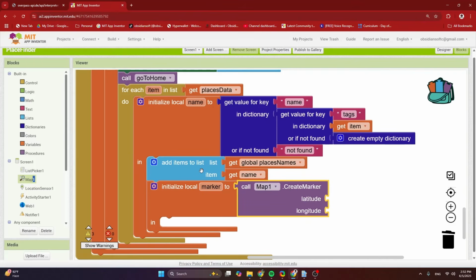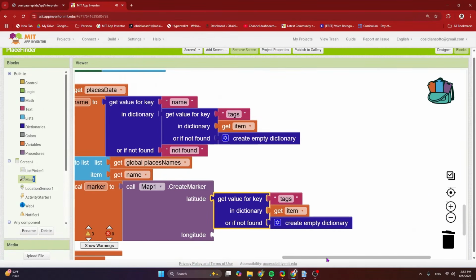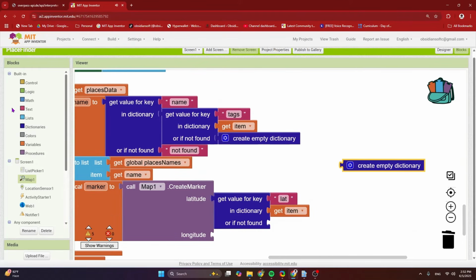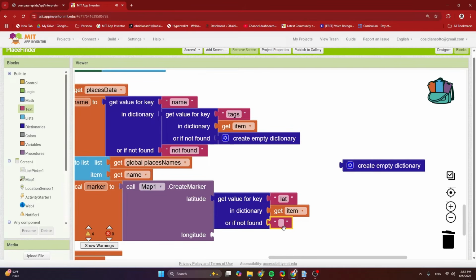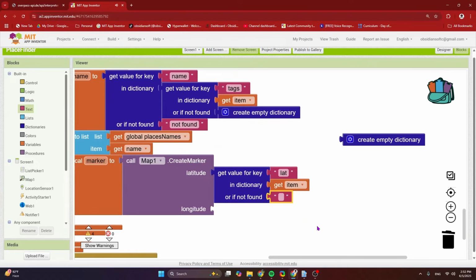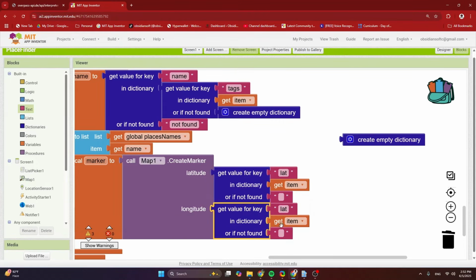So I can actually right click, duplicate, and this is now lat. If it is not found, let's just make it an empty text block. Right click, duplicate, and this is now lon.